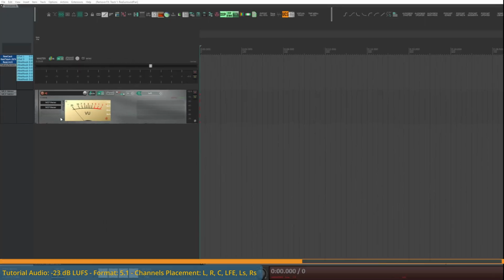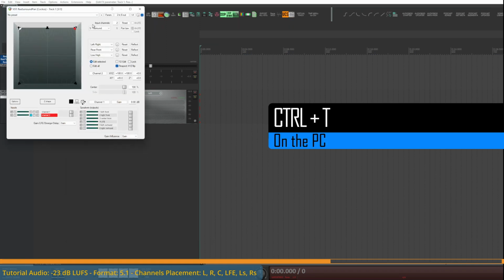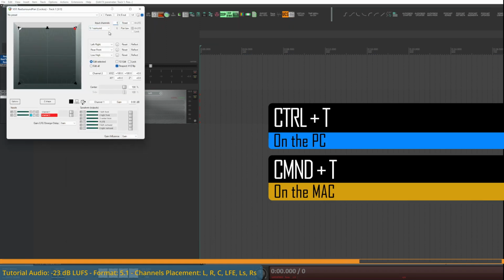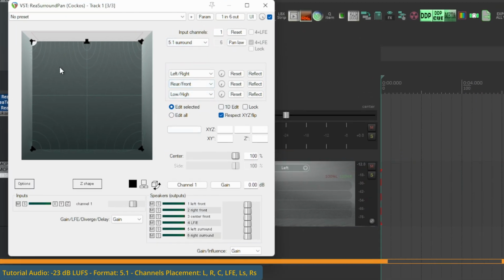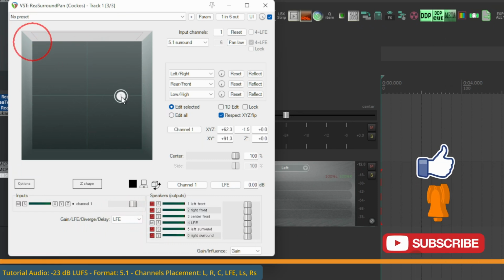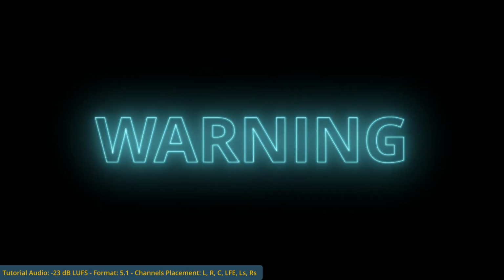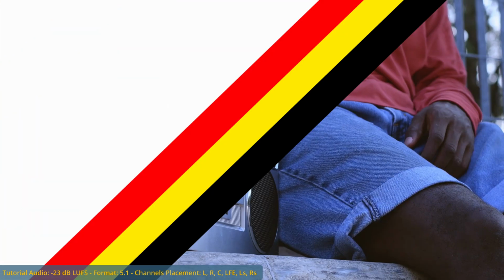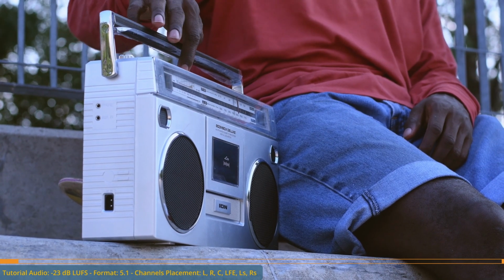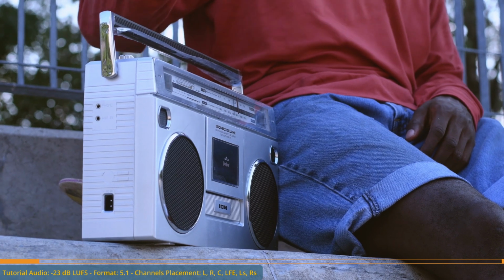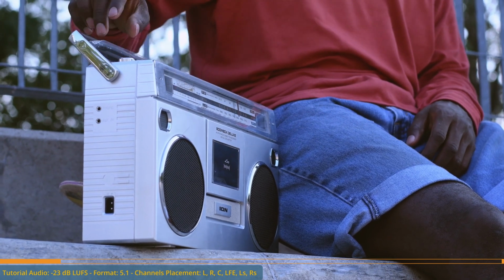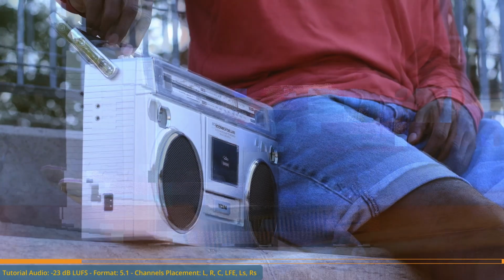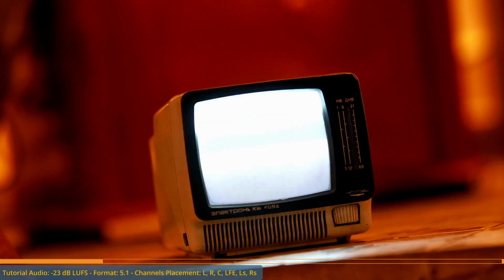If your project is a movie, create 1 or more tracks for LFE. Add the ReaSurroundPan by setting it as already seen. Down to Inputs, drop down, select LFE, set the cursor where you need, click Mute on all channels but the LFE. Pay attention that by employing the LFE in music instead, if the listening system is not 5.1, you will have all the basses cut out.